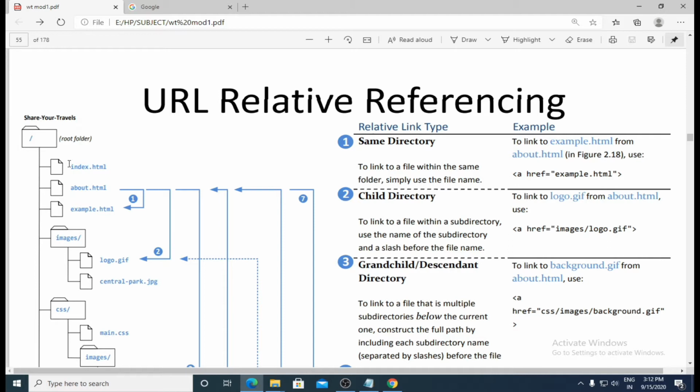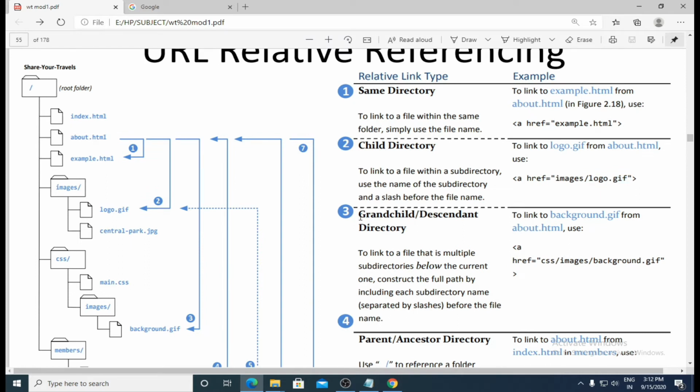Okay, when you are in the same directory, there is no use of specifying the directory name, but when you're going from one directory to another directory, that time you have to specify the directory name. So what will happen here is the directory name is images followed by a forward slash and the file name you want to go to. The file name you want to go to is logo.gif. So what you have to write here is a reference in the images directory, I want to go to the resource logo.gif.